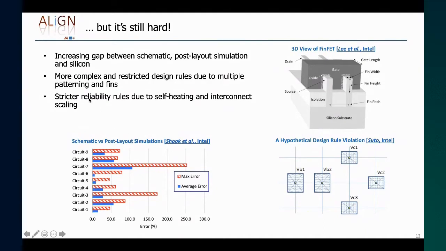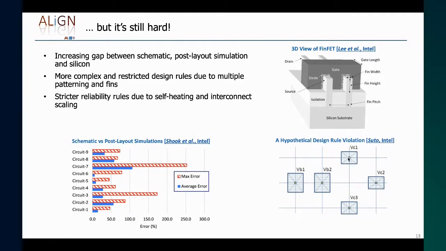But it's still pretty hard because if you look at, for example, FinFET technologies, the parasitics really dominate. So there's an increasing gap between schematics and post-layout simulation and silicon because of this. There are much more complicated and restricted design rules. For example, if you look at VIA rules, there might be some kind of a Boolean relationship that says that I'm allowed this configuration of VIAs, but not this other configuration.